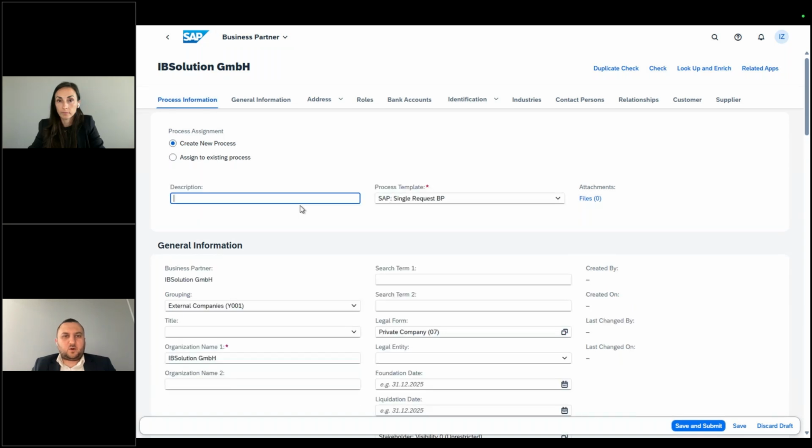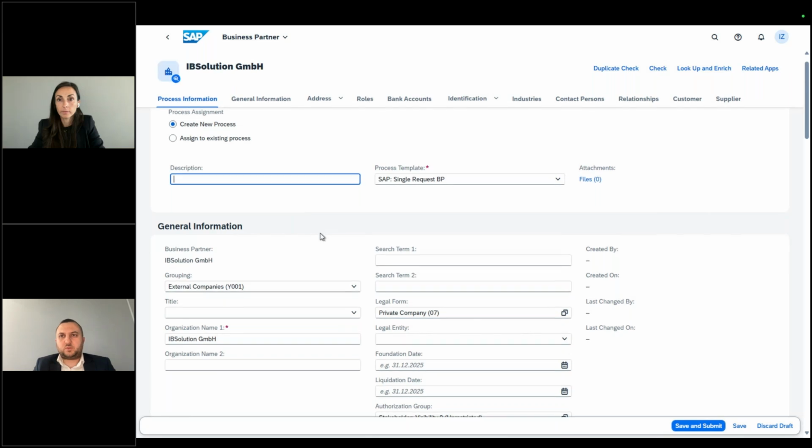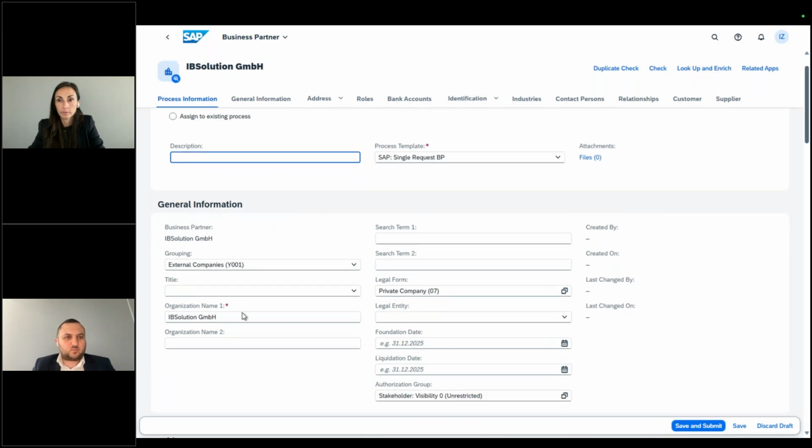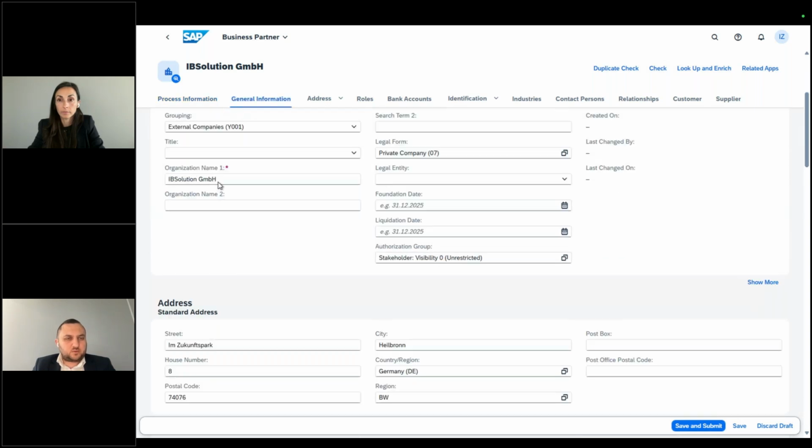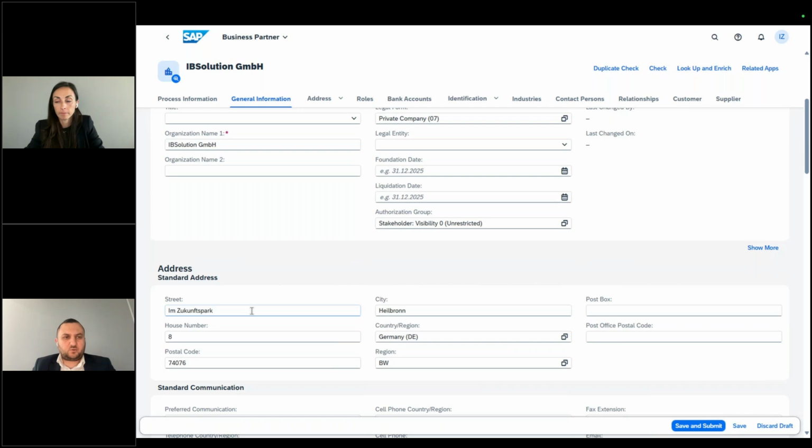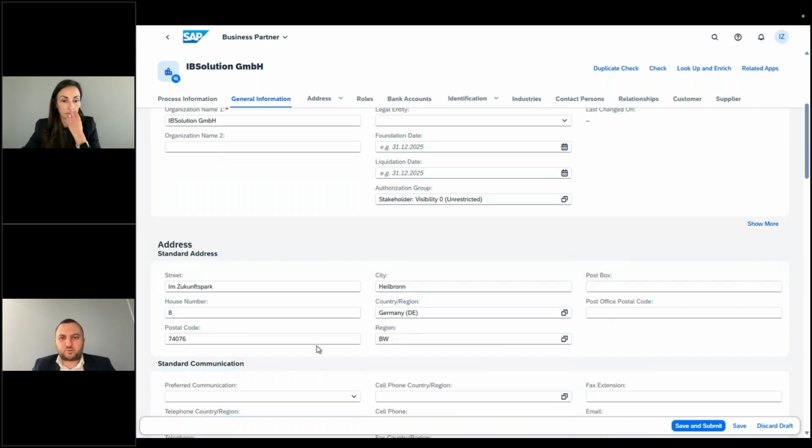And as you can see, all of the information that we saw on the list with results, we already have here. So we have the business partner, that's the name. You have the full name as well. The address is right away populated, so you see you don't need to know the details. You just get it from CDQ. Of course, we have the region, postal code, everything is here.